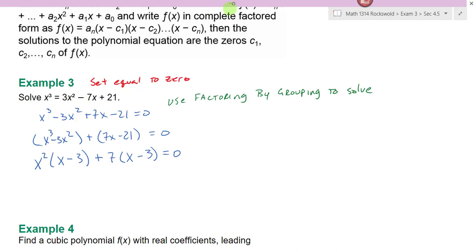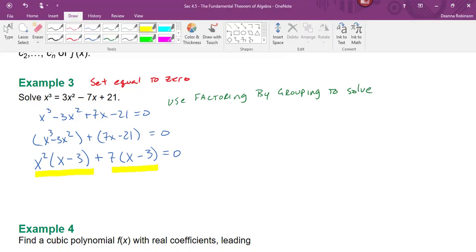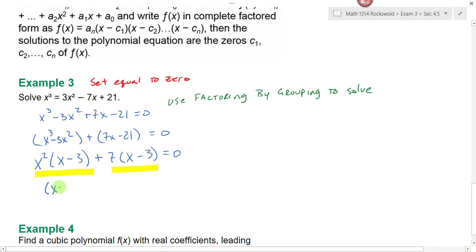Now I have a total of 2 terms. Here's one term, here's another term. Terms are things that are multiplied together. Looking at these 2 terms, what do I have in common between the 2 terms? I have an x minus 3 in common between the 2 terms. When I pull an x minus 3 out of this, what am I left with? And when I pull an x minus 3 out of this, what am I left with? Now I have this factored, and then to solve it, I just set each factor equal to 0 and then